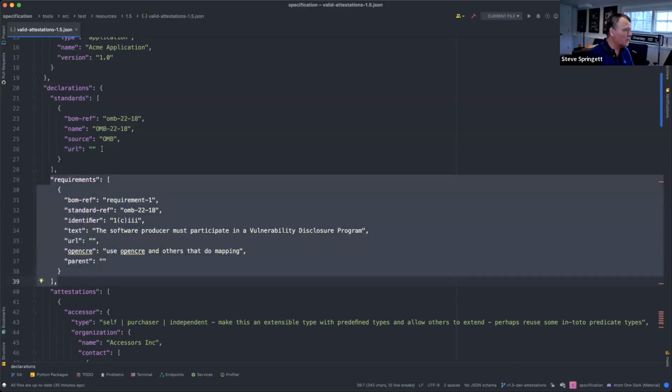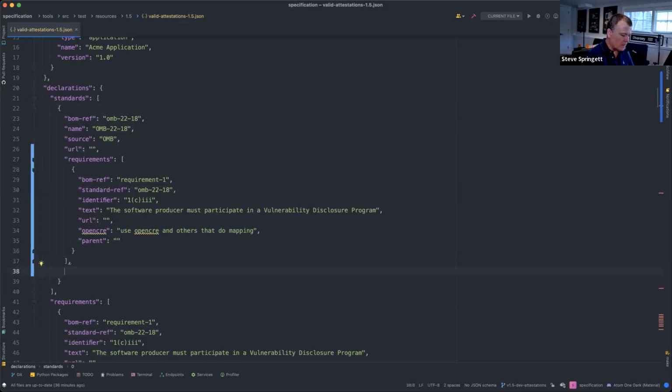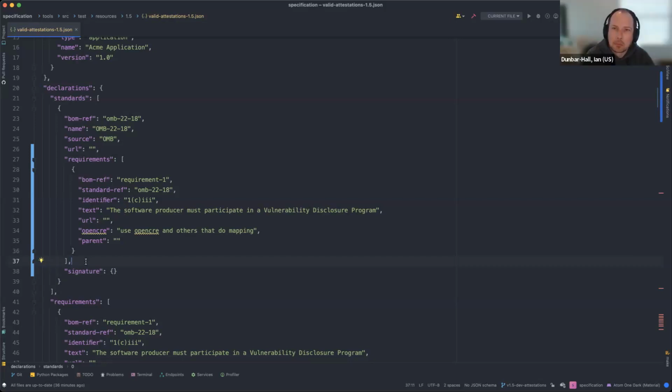Yeah, theoretically. Within the standard, you could have all the requirements for the standard. You could just get rid of this line. And then for this standard, you could have the signature object, which is a standard JSON signature format. So that would be perfectly viable. Use JSF right there. Okay, cool, that answers my question.